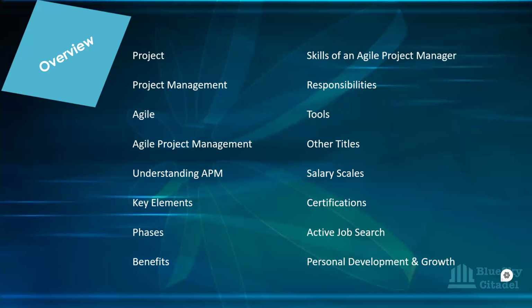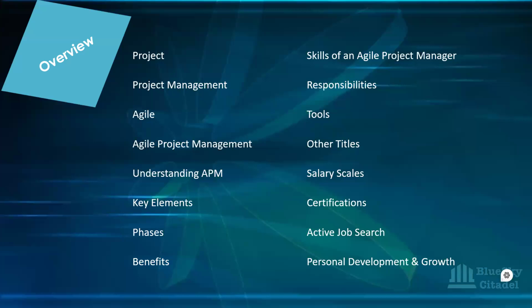And then we'll have an understanding of what APM means. We look at some key elements, the phases you have for that project approach. We'll look at some benefits, and then we'll go to the person aspect of it, which is the second part,